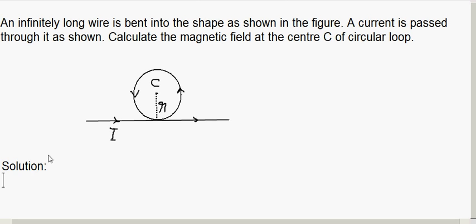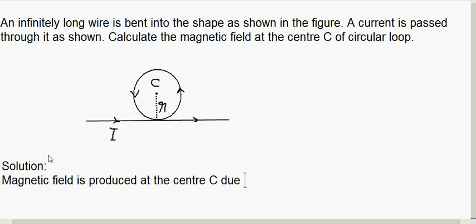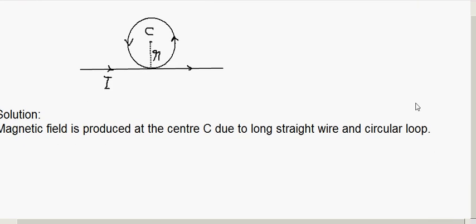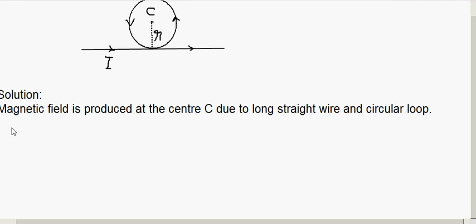So you write like this: magnetic field is produced at the center C due to long straight wire and circular loop. Now first we will write what is the magnetic field due to this straight wire. Magnetic field at the center due to straight wire is